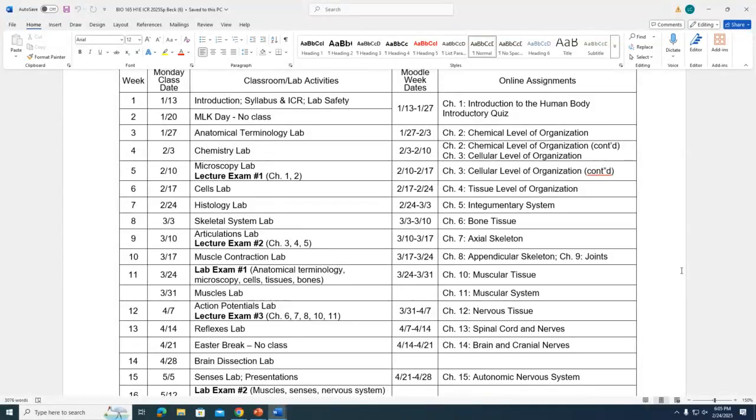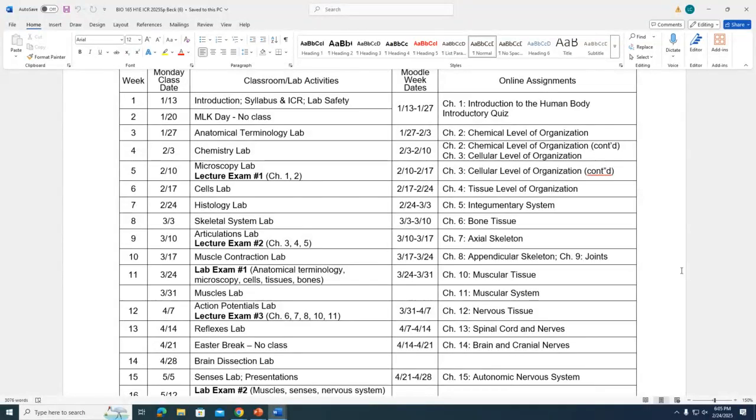So we can do that. It's hard to do much for a histology lab, a tissues lab, but if we have extra time,